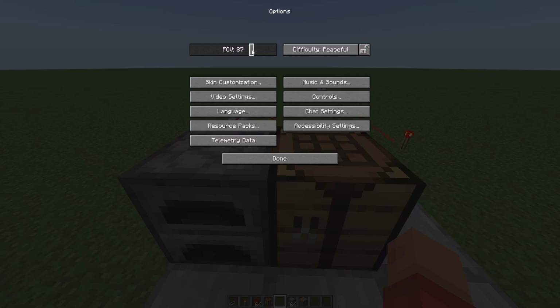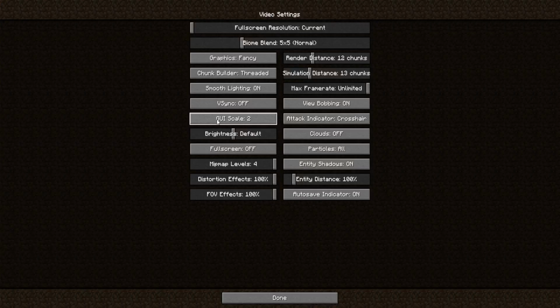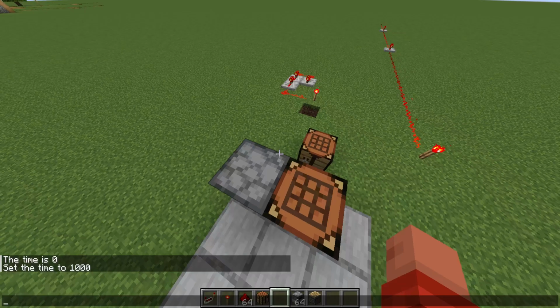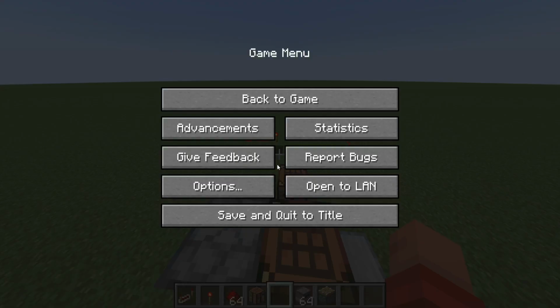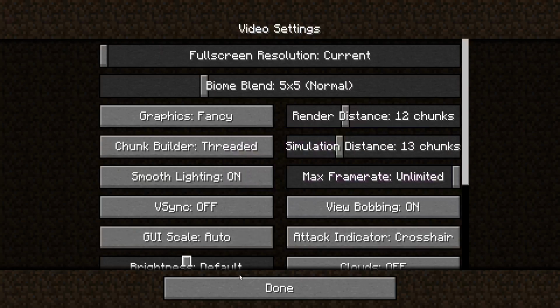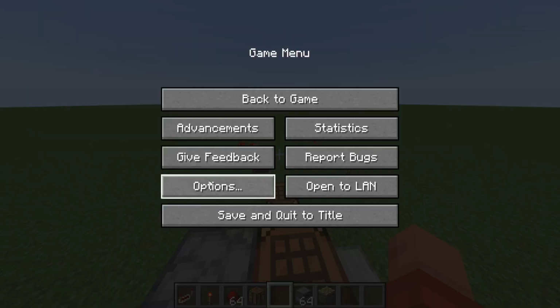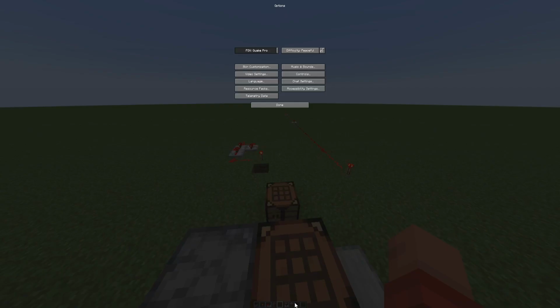And also, go to video settings, and from here you can change the GUI scale. For example, this one will be so close, like this area is so close for me. Options, video settings, this one is also closer, and this one will be auto. It depends on your screen, and also there is this one which is really